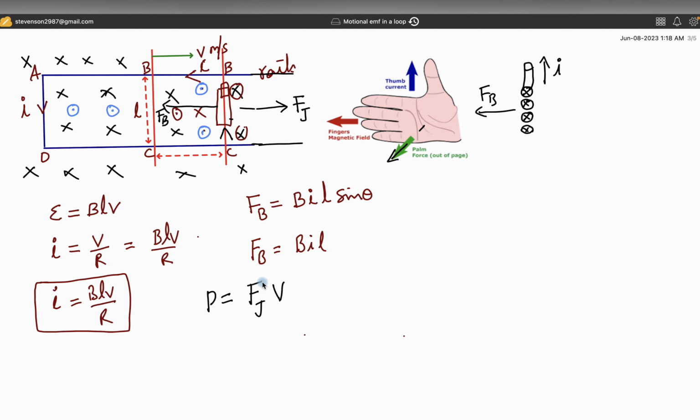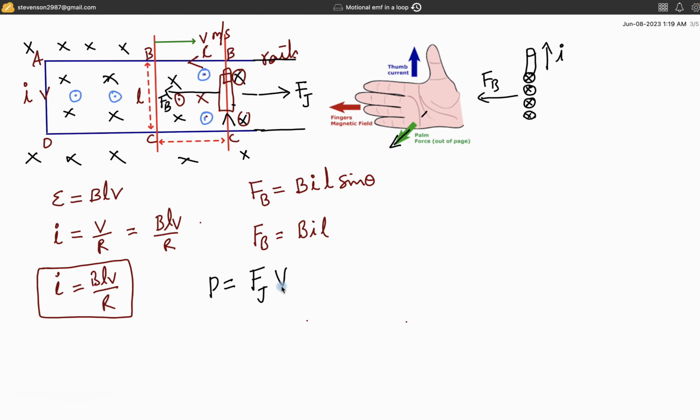That force is equal to the force exerted by the magnetic field, but in the opposite direction. For the force exerted by the magnetic field, we already have a formula, FB equals BIL, which we have derived. So this expression becomes BIL